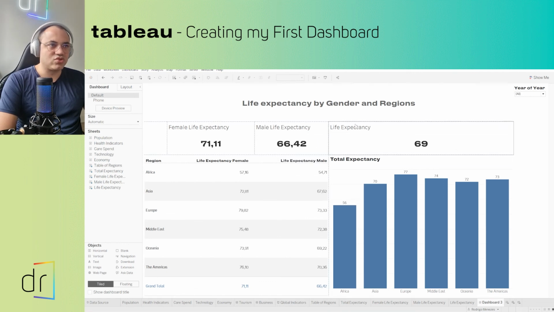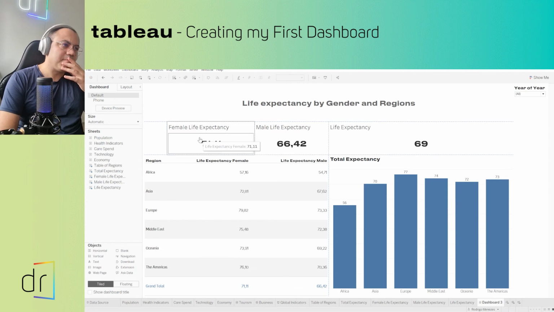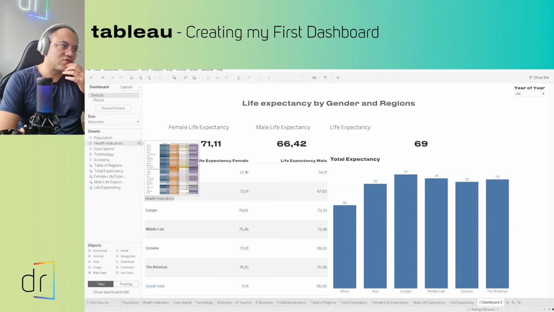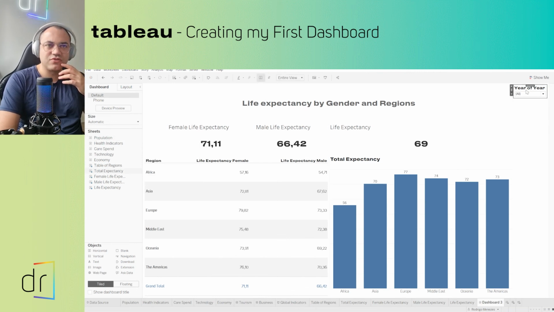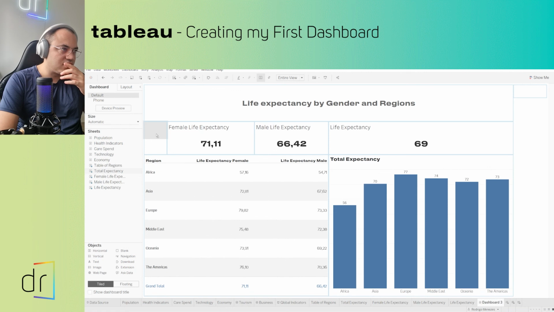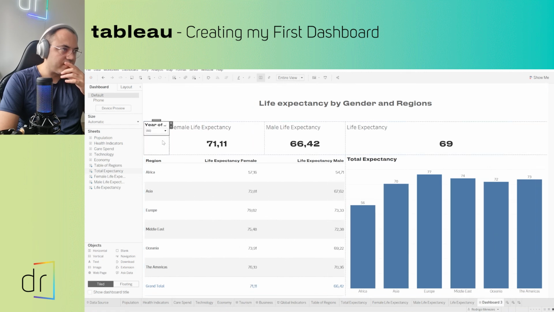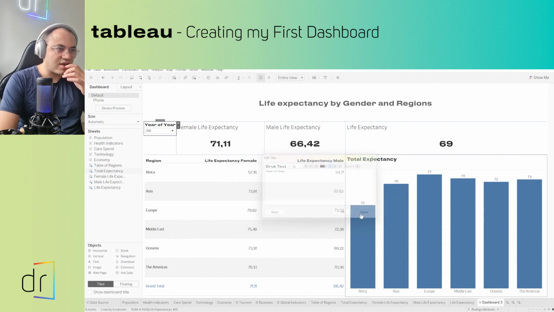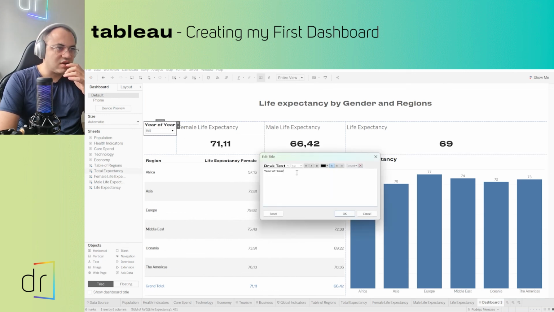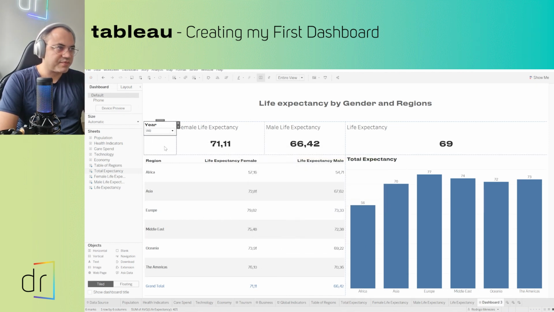Okay, guys, maybe we can put the filter of years over here. So I will change where I use the filter. How to change it? Just click once on the element, then click in this part and move it. I will put the filter over here. Then I will change the title. To change the title, double click, not year of year, just year, the name of the filter. Perfect. Now I have the filter,